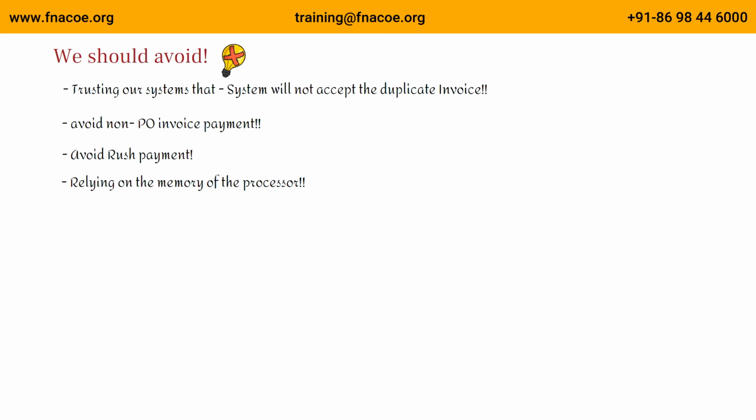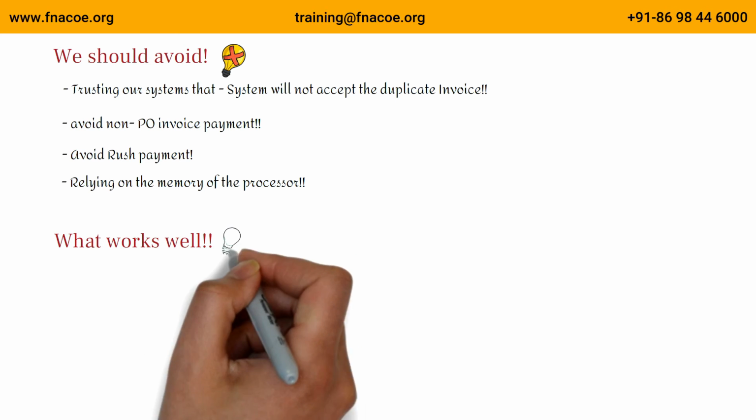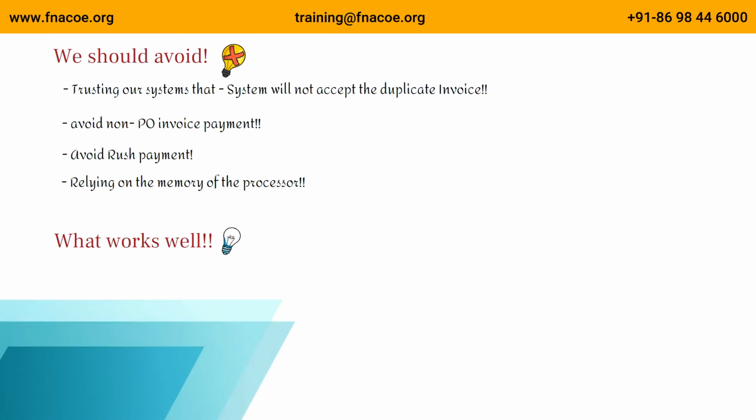Especially when there is urgency from a supplier or approval authority, 100% control cannot be built unless the matching principles are established. Relying on the memory of the processor is really a bad idea, primarily observed in small organizations where there are no controls and organizations expect their employees to memorize or separately maintain a duplicate invoice list without having a proper root cause analysis and closing the case.